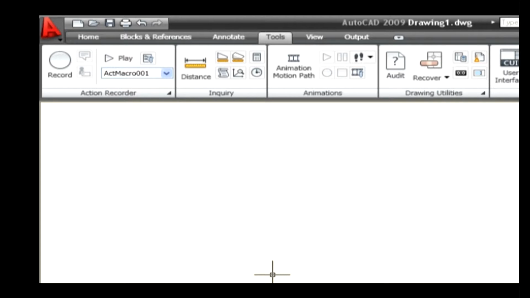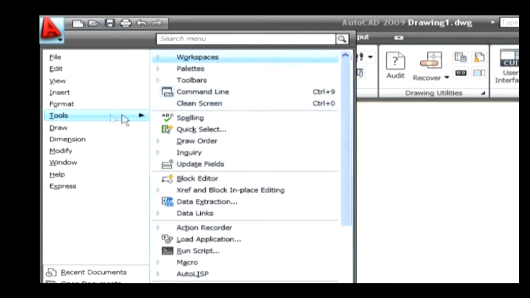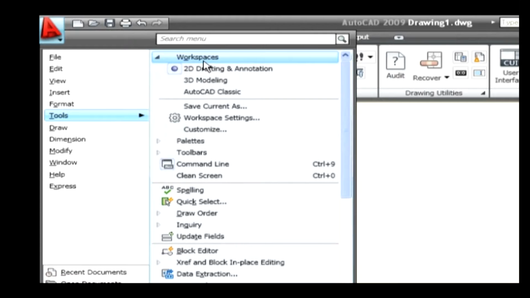Note: similarly to AutoCAD 2008, the workspace can be set by dragging the cursor to the Tools menu and selecting Workspaces. Now, 3 workspace options are displayed. They are 2D Drafting and Annotation. When you create 2D sketches, you can use the 2D Drafting and Annotation workspace that contains only 2D related toolbars, menus, and palettes. Whereas